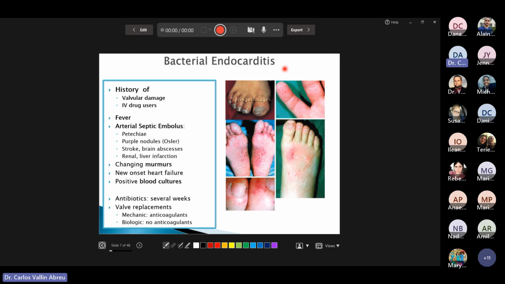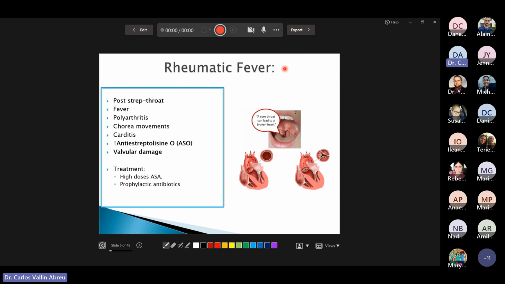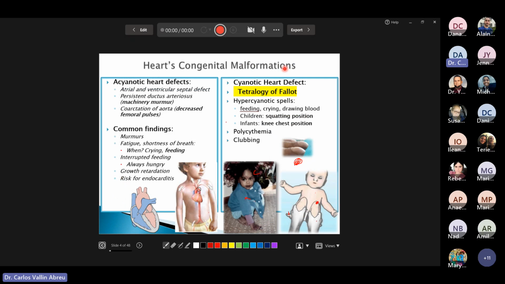This generally occurs in clients with previous structural damage or abnormalities in the heart. For that reason, people that have a history of rheumatic fever and damage in the valve, or people that are born with certain kinds of murmurs or abnormalities in the heart,